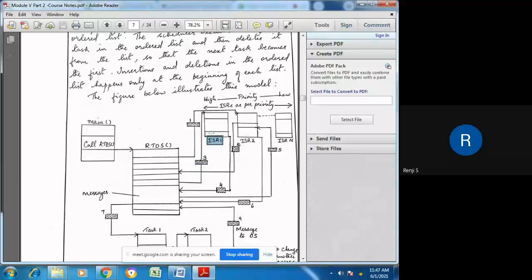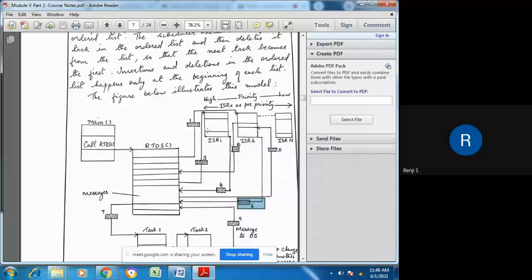And now this ISR1 completes its execution and returns back to the RTOS. When it returns back, ISR2 will restart its execution. It will be invoked again, and that is in the fifth step. It will go back to the point where it had returned, and then it will complete its execution and return back to the RTOS.